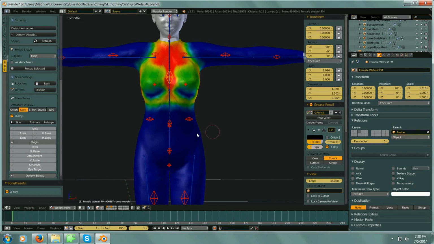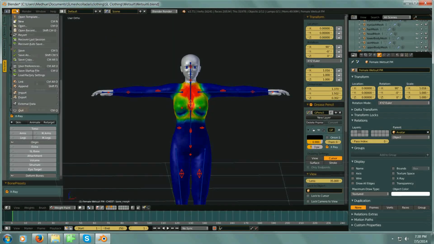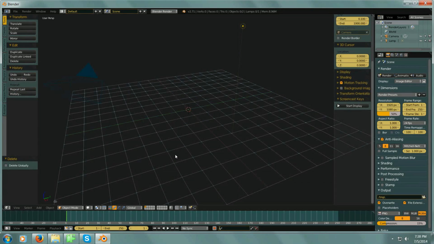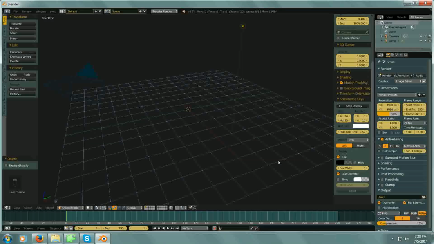Okay, so let's start with something new here. Let's open up a new one, and now we'll delete this cube. I'm going to turn on my screencasting,